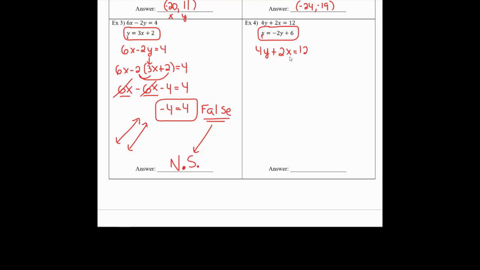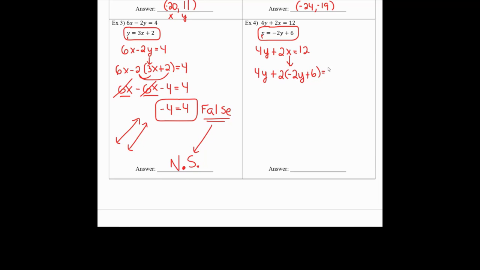So I'm going to go under the x and I put my arrow. Now I copy 4y plus 2 and then open parentheses. Now instead of x, I'm going to put negative 2y plus 6